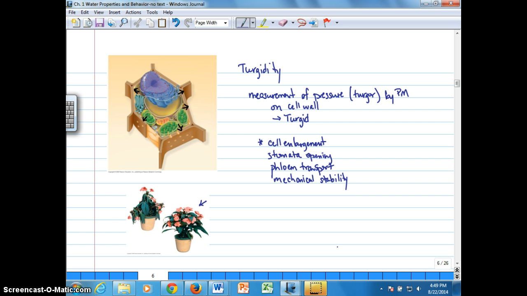You can see here that this plant's cells are turgid. Its leaves are expanded. It's looking like its water status is optimal. Here we're looking at wilting, where the water status is not optimal, and that's going to affect things like photosynthesis and other nutrient transport and other things. And then lastly, it's important